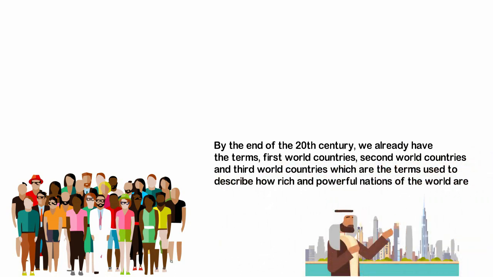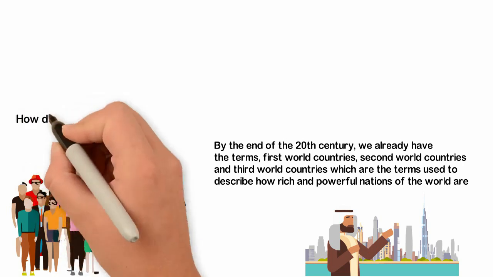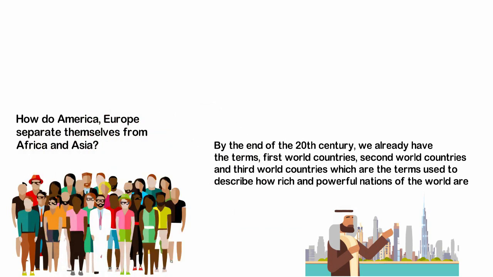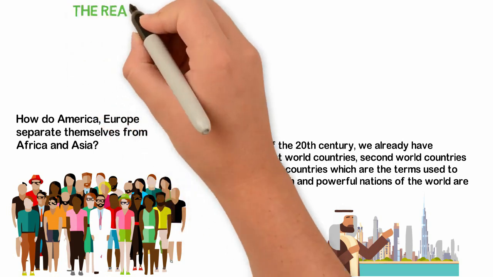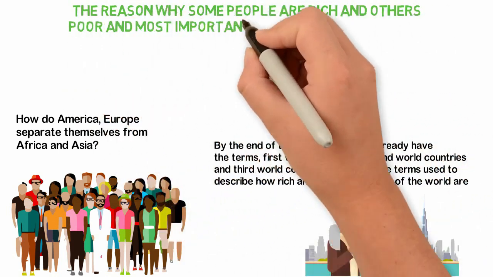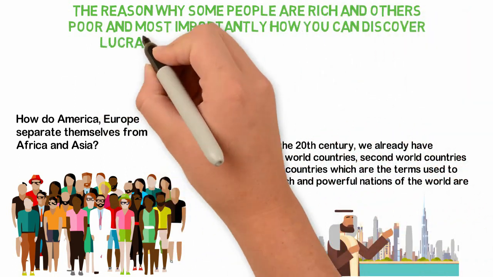The question here is, how do countries of the world change from being very similar economically to being as different as day and night? How do America and Europe separate themselves from Africa and Asia? This video will shed light on a deep secret about that, and I'll try to use that understanding to show you the reason why some people are rich and others poor, and most importantly, how you can discover lucrative opportunities